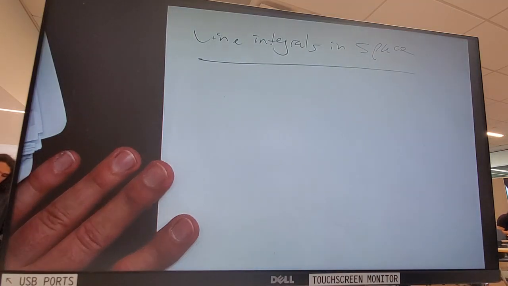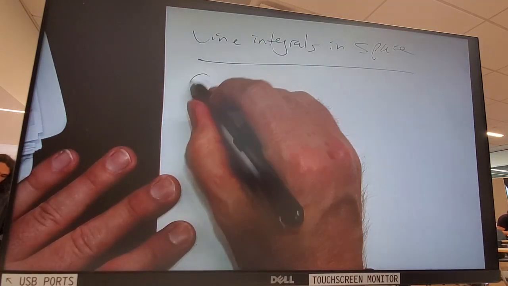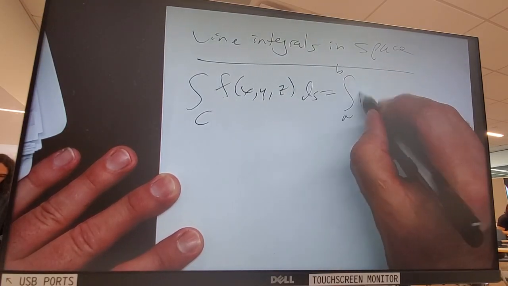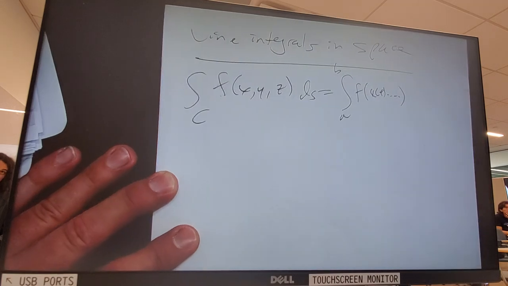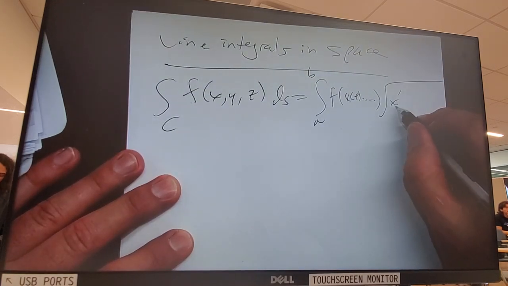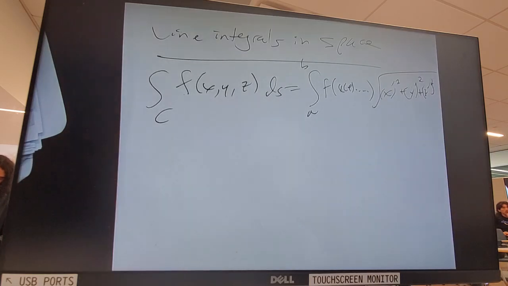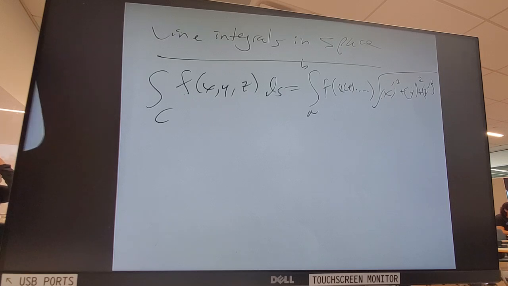This just extends everything we've been talking about to 3 dimensions. So you get f of x, y, z. That leads to f of x of t, y of t, z of t, times the square root of x prime squared plus y prime squared plus z prime squared. Yes, everything just throw a z on top. Just like the Pythagorean theorem grows for an extra dimension, all these things just grow for another dimension. So you're going to have very similar problems, just with one more dimension to worry about. Something we're fundamentally used to in this class. That's the tagline of this class: Math 180, now in one more dimension.